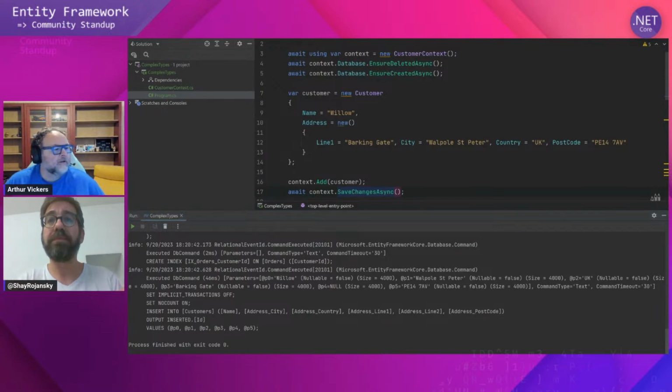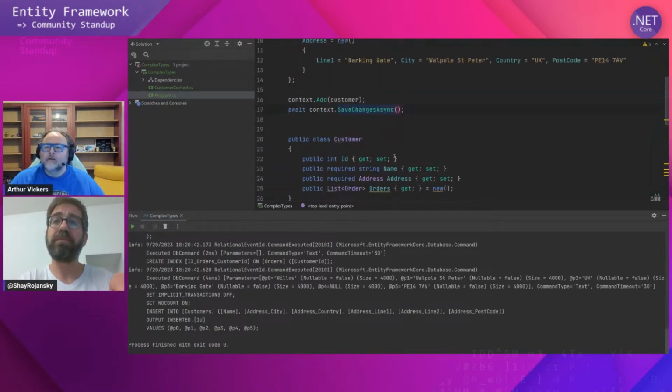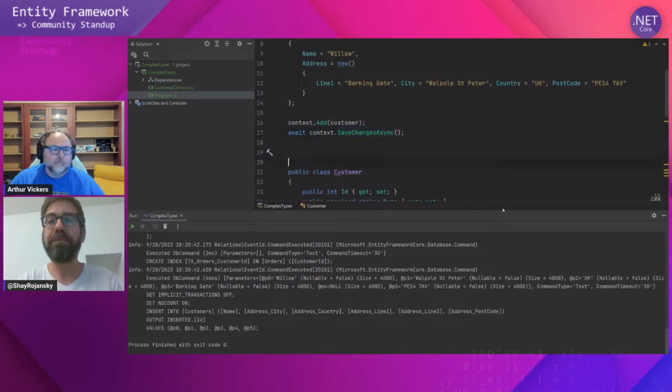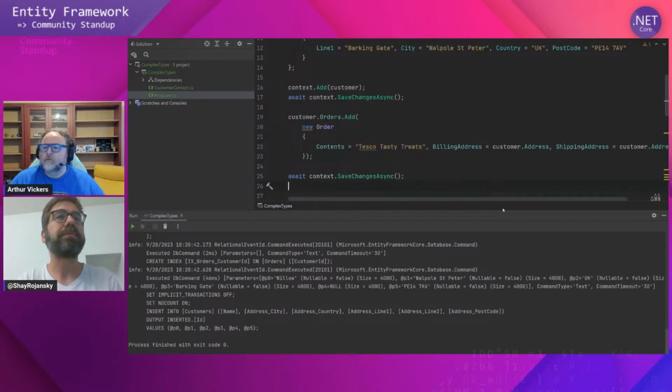So, okay, let's say we now want to create an order. So we've got a customer, and we're going to create an order from that customer. Now we'll forget about everything here associated with this other than the stuff around the address. So we'll assume I can just create a new order, and